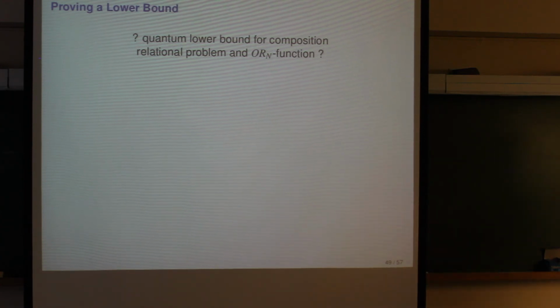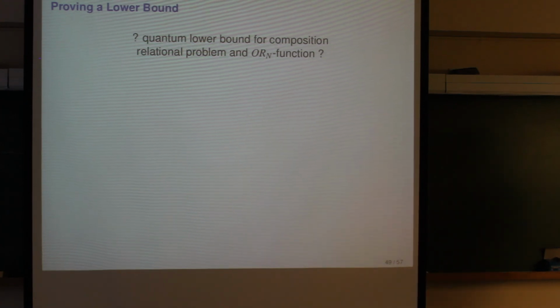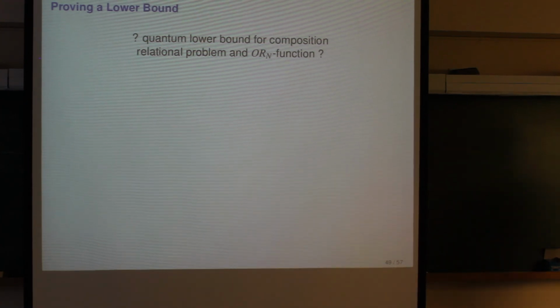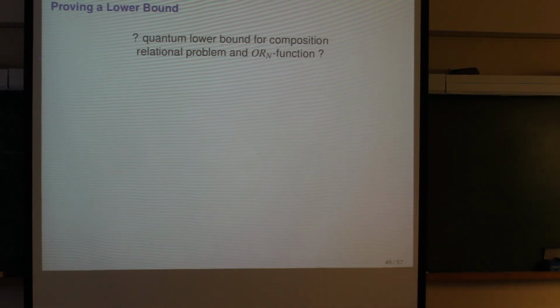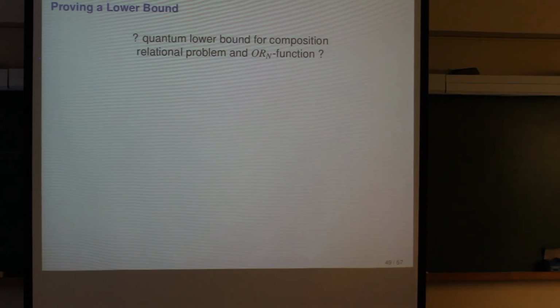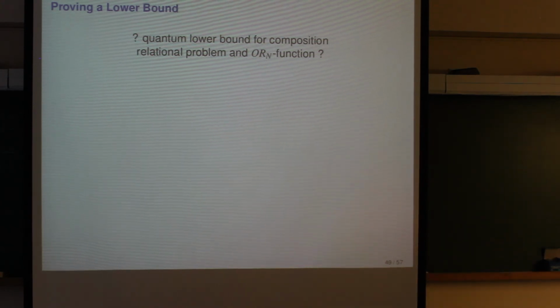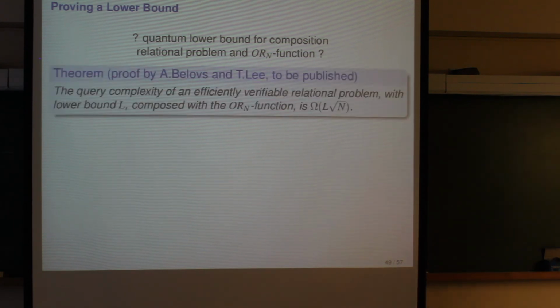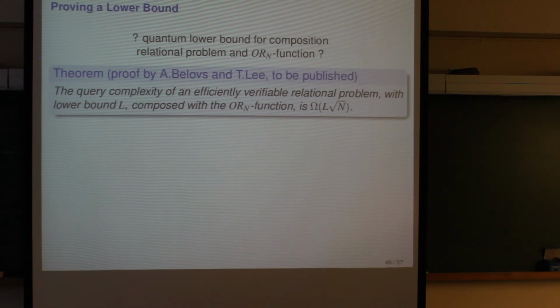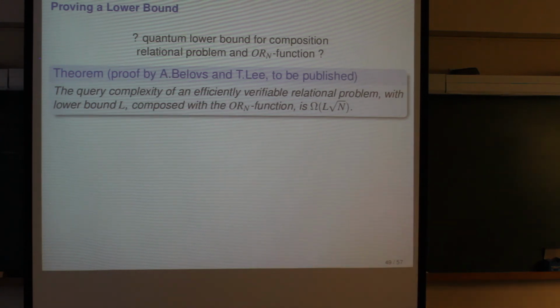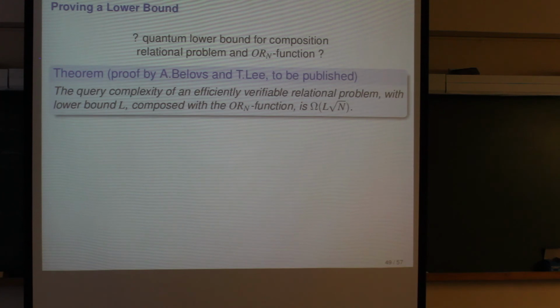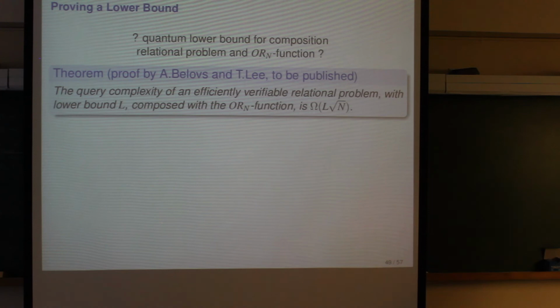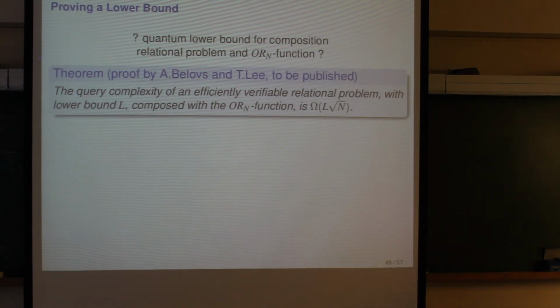A relational problem is a problem where a valid output is not necessarily unique. If you want to sparsify a graph, there might be a lot of sparsifiers, and any of these would be fine. So you get a generalized problem, which is a relational problem. But the composition of quantum lower bounds for relational problems was not clear, so we asked some world experts what their opinion was on this, which I thought Ronald was, but then he said there are even better experts, which turned out to be Alexander Belovs and Troy Lee, and they actually independently sent us a proof of this.